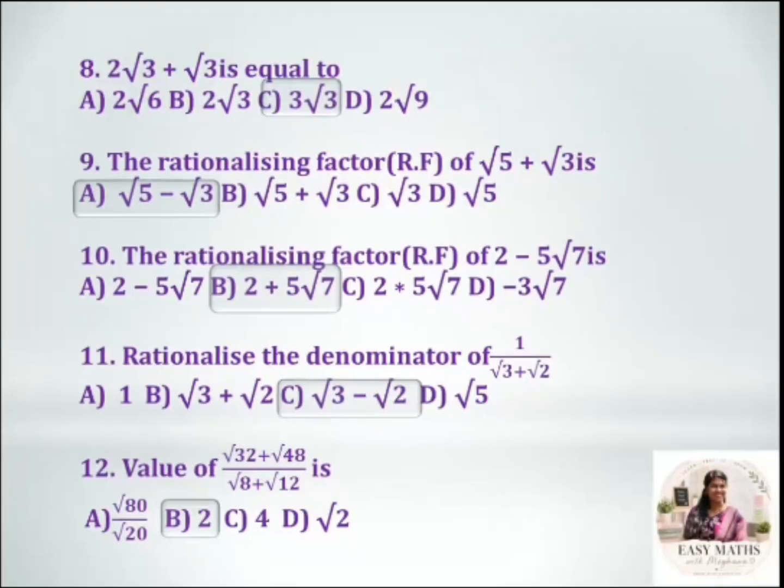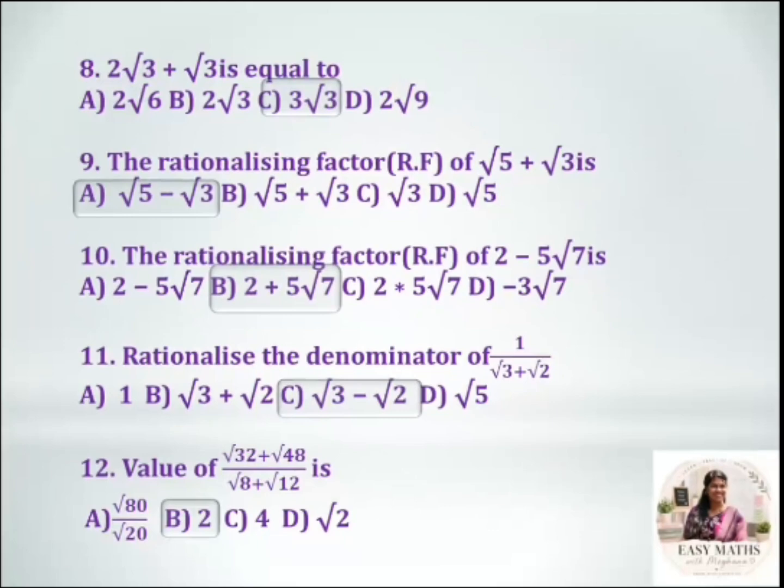Question number 11, rationalize the denominator. So here the question is given as 1 divided by root 3 plus root 2. I said already, take the rationalizing factor in the denominator; if it is plus, take it as negative. So 1 divided by root 3 plus root 2 into root 3 divided by root 3 minus root 2. You have to use the formula a plus b into a minus b